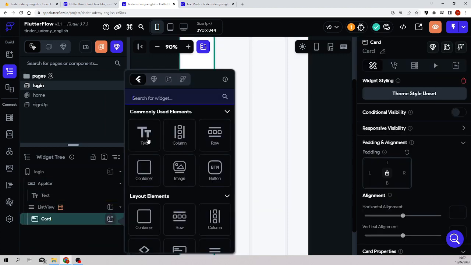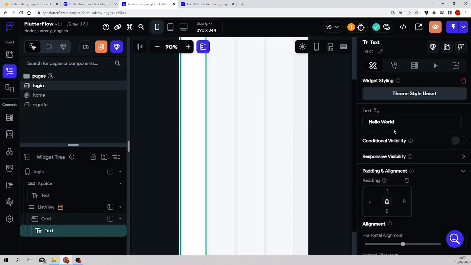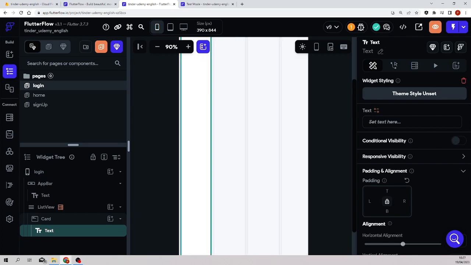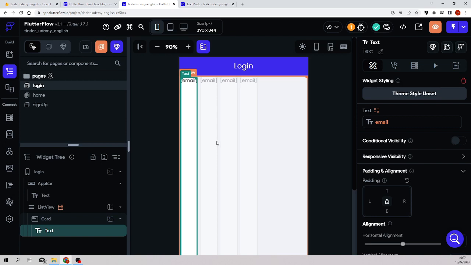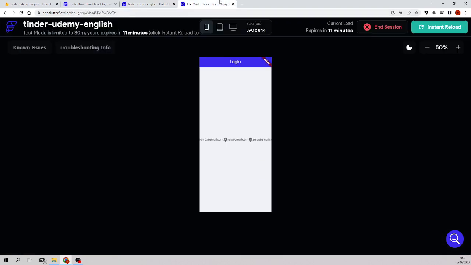Card that will have only a text, and the text will be the email. Okay, you see cards are these elements that are some sort of boxes. They will fit better in the grid view, and if we reload,